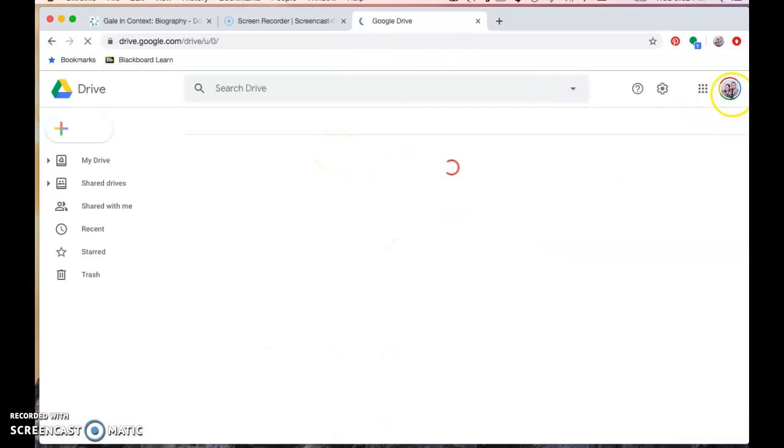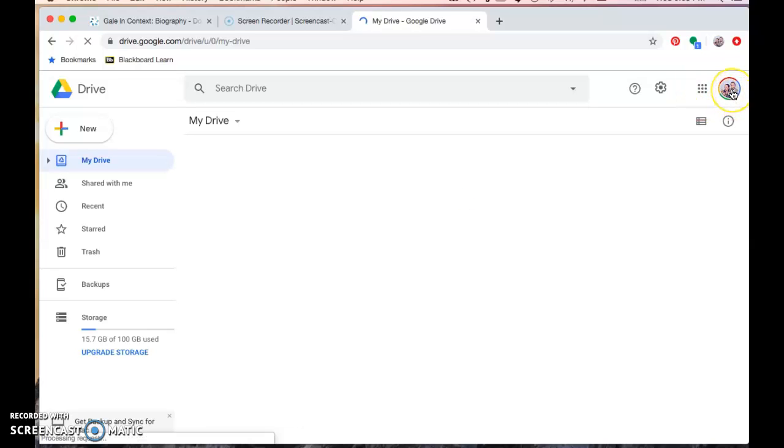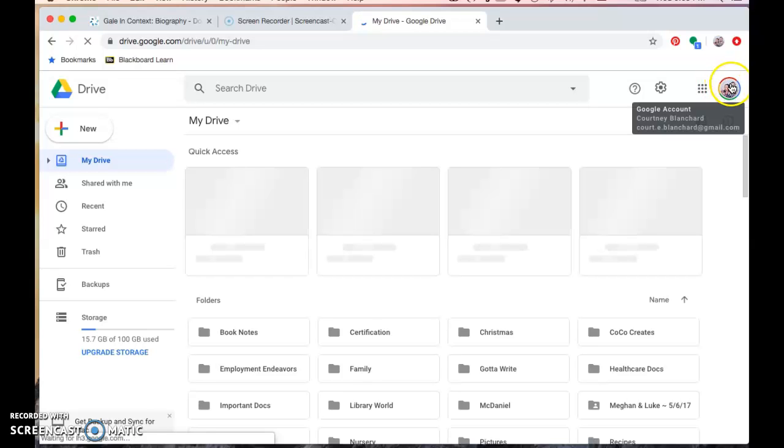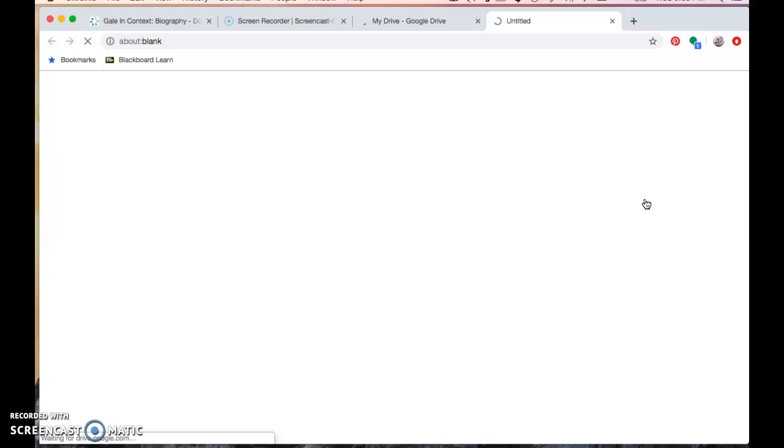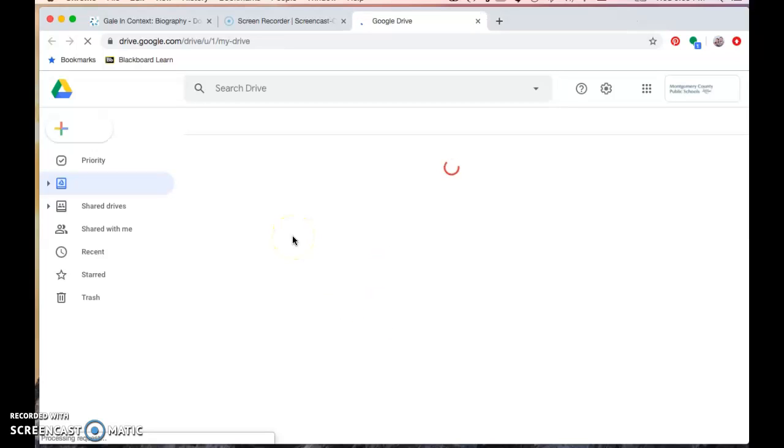and let's see, if you're logged into multiple Google accounts, it might default to, like, my personal account, so I always have to switch it to my NCPS account. Make sure you're in the right Google Drive. And then I will see